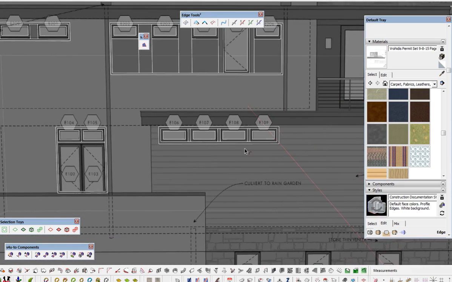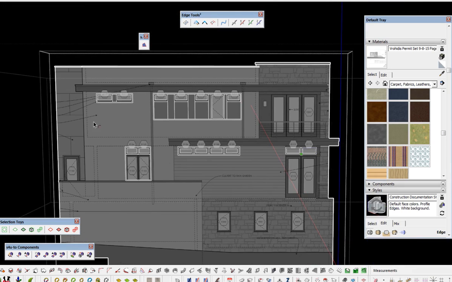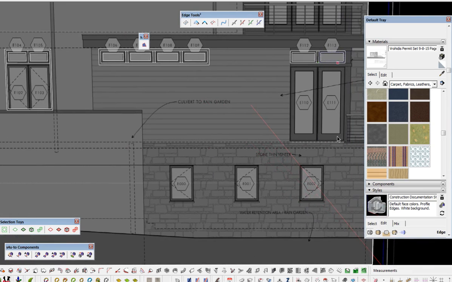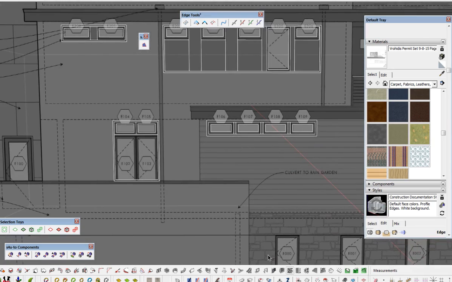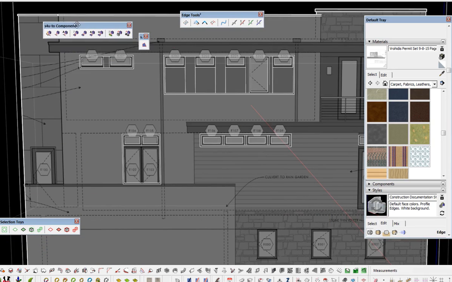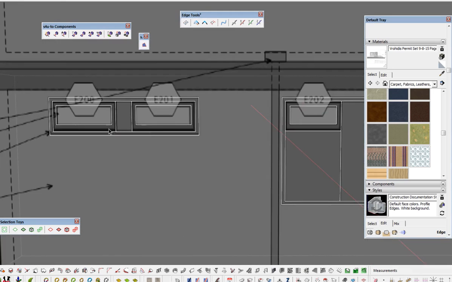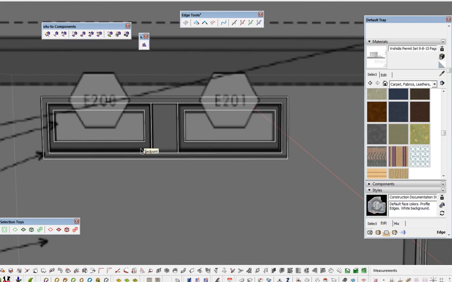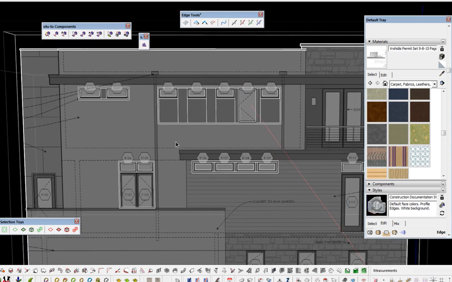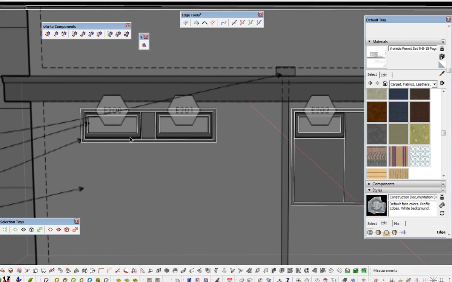So now once I get going here and start redrawing everything, and I'll redraw all of these hard edges here, redraw all the windows. But what's nice with the S4U2 Components plugin is even at this 2D stage, it will allow me to go in, and I'll use another plugin here first. But what it's going to do here is allow me to